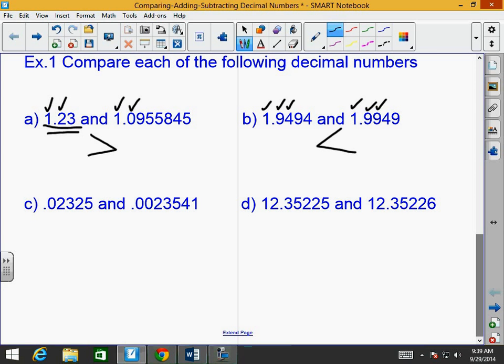So please, if you have any questions on that, please let me know, always. Okay, how about for C? What do we got here? Go ahead, my man. No, read it the right way. Look, I'll help you. Tenths, hundreds, thousands, 10,000s, 100,000s. What's this number normally? 2,325. And what's the last place value? 10,000s. Good job. So 2,325 10,000ths is